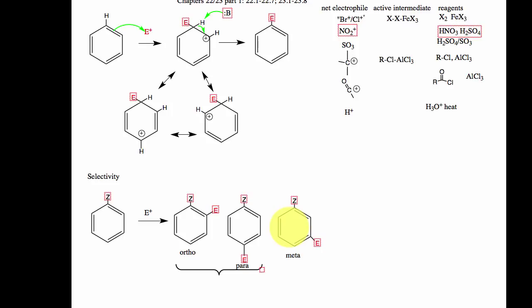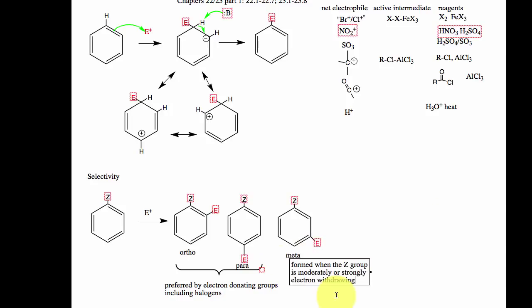In particular, if a Z group donates electron density to the ring, it will activate the whole ring, but it will activate the ortho and para substitution positions the most. On the other hand, if the Z group is pulling electrons moderately or strongly away from the ring, it will deactivate the whole ring, but it will deactivate the meta position the least,